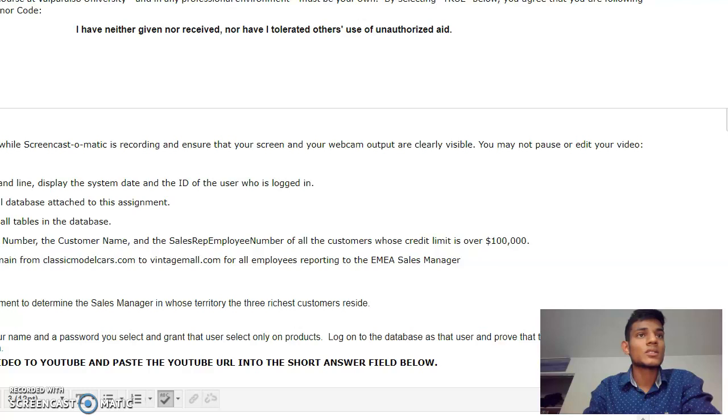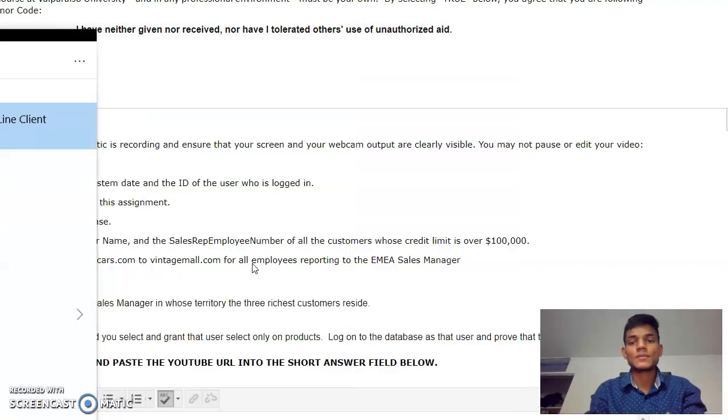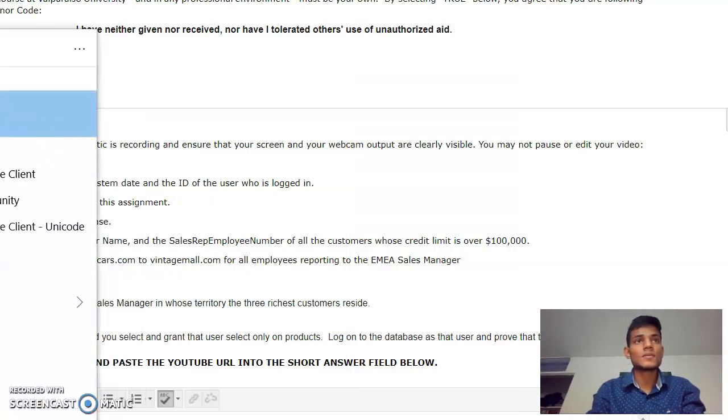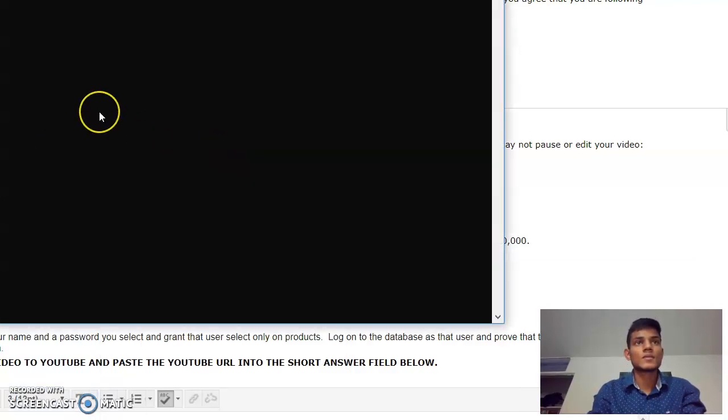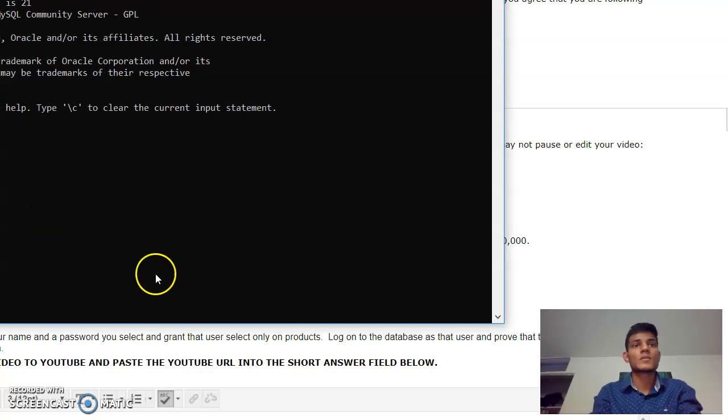So for the first question I've got on the MySQL command line display the system date and ID of the user who is logged in. So first of all we'll have to open the MySQL command line. Now we'll simply log in, entering the password. So we logged in and